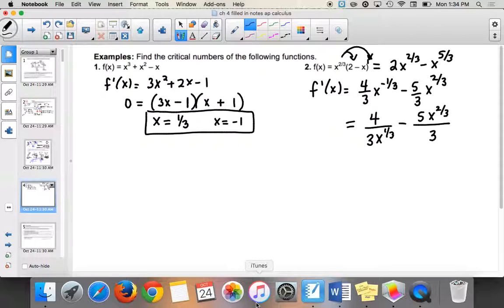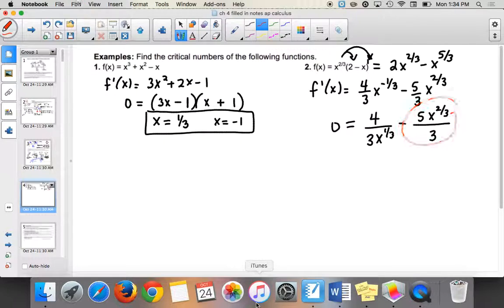And so what a lot of my students will do, and I'll show you this in a little bit, they set this equal to 0, so don't write this. And then they take this whole negative part and they add it over here and they cross multiply, which is fine. You get a critical value that way. But you lose the fact that f prime can also be undefined. That's also a critical value.